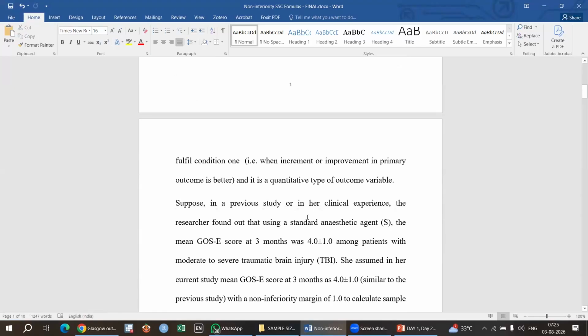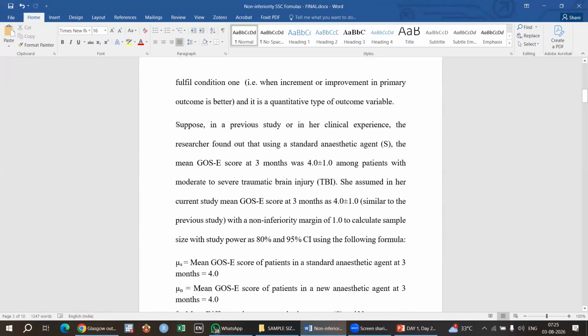Now, suppose, please see this, very good thing. Suppose, this is very, very good. In a previous study or in her clinical experience, whether it is from a previous study or the researcher's clinical experience, the researcher found that using a standard anesthetic agent, this is a standard agent, not new,